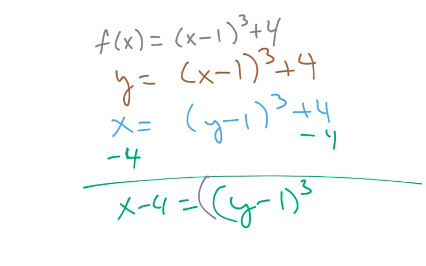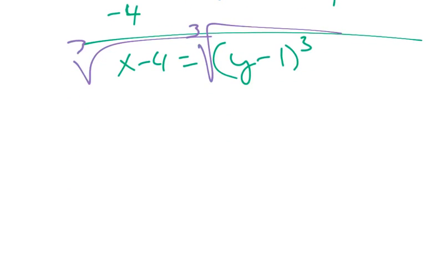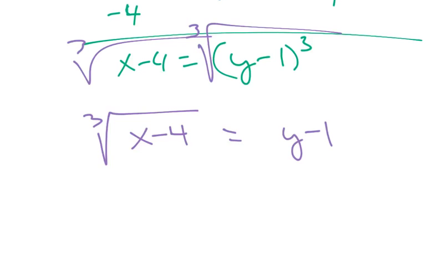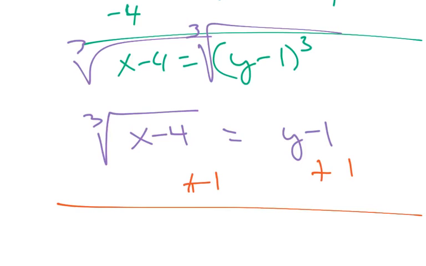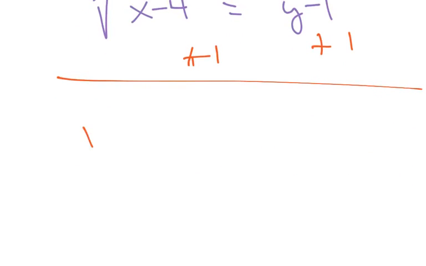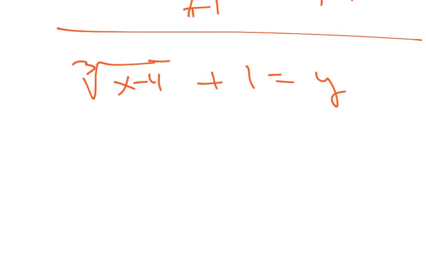I'm trying to decide what's the best notation to use for this. I guess cube root. You could also raise it to the 1/3. They mean the same thing. Cube root of x minus 4 equals y minus 1. And then I want to get 1 on the other side to get y by itself. So this gives me the cube root of x minus 4 plus 1 equals y,